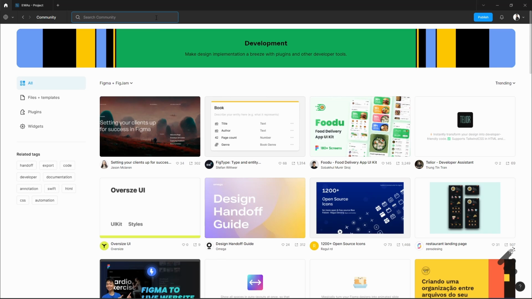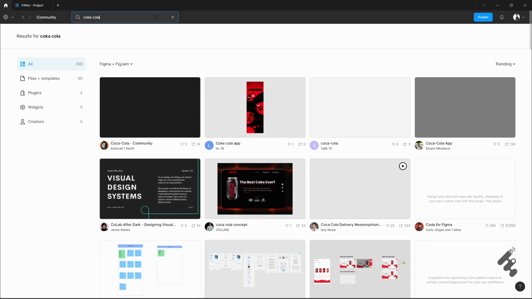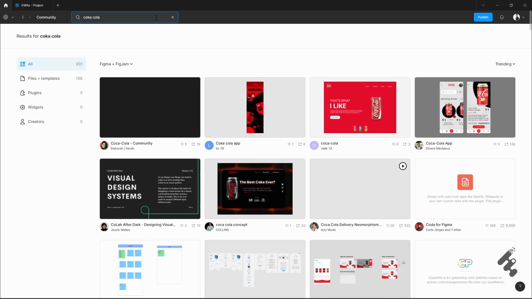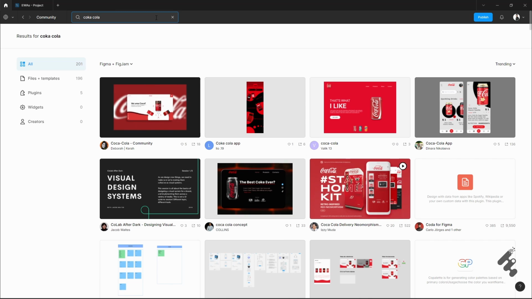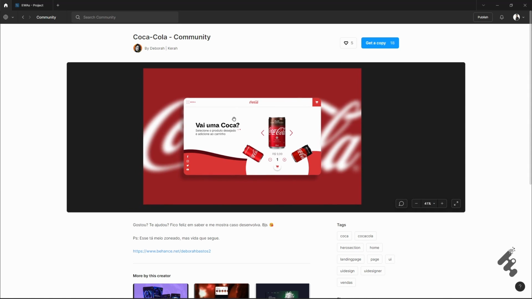Say, if you want to search for a website for Coca-Cola. So let's just type Coca-Cola. Let's search. And you will see lots of contributors actually designed web pages or mobile applications on Coca-Cola products. So if you like one of these, let's just say this one, you can click on it, and if you want to play with it and want to understand the design system of it, you can just click here to get a copy,